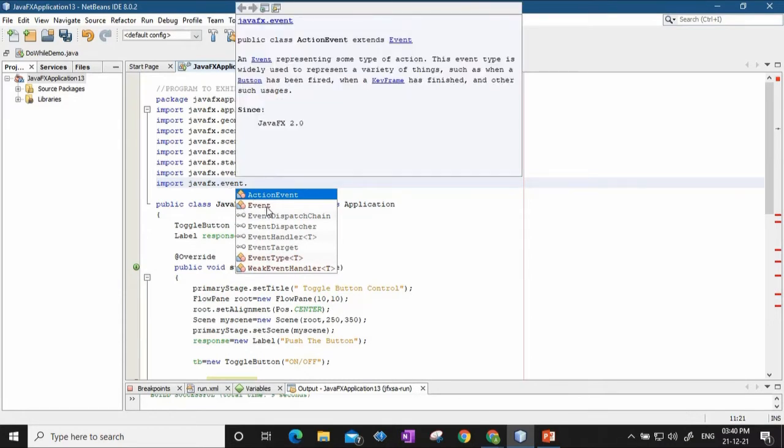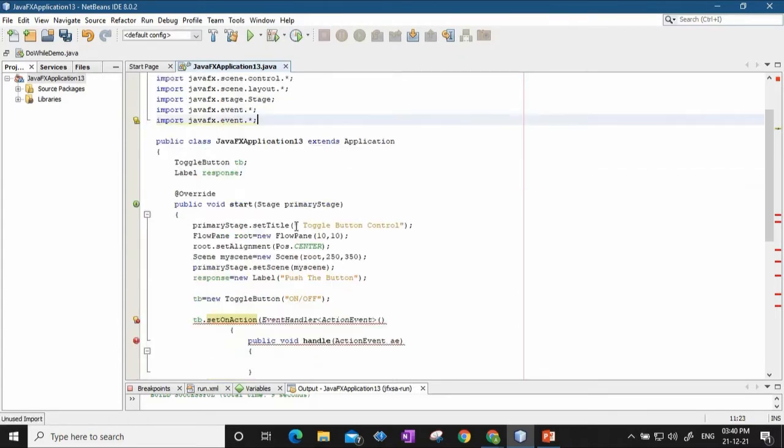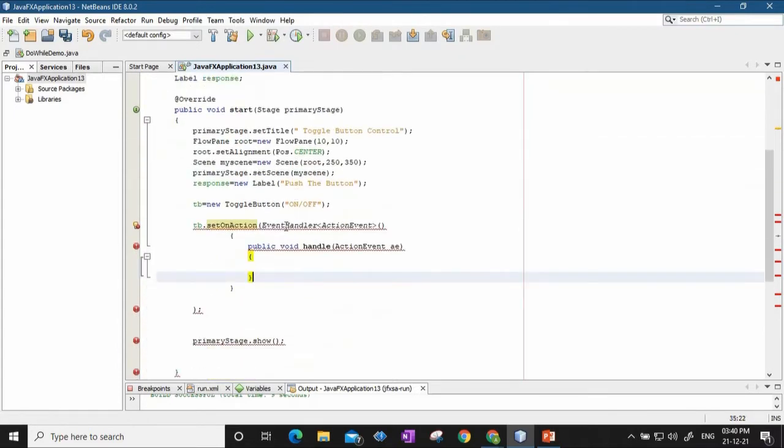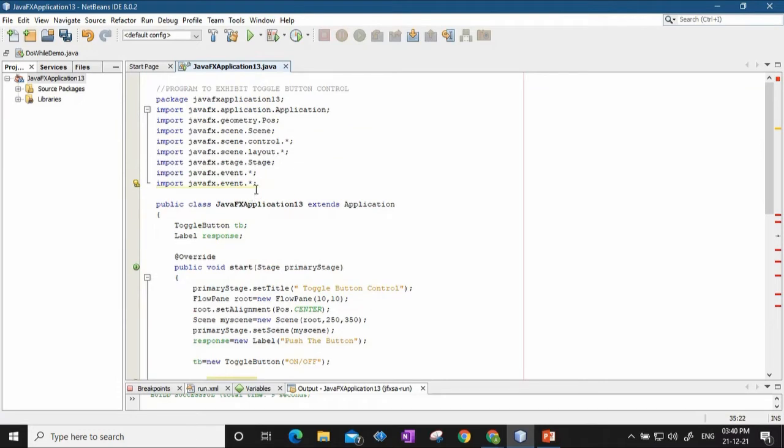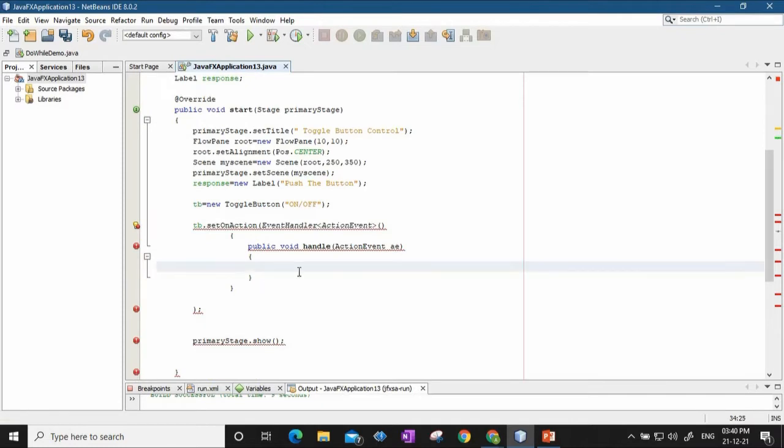So you see ActionEvent is also a class and EventHandler is also a class. So instead of saying dot ActionEvent or dot EventHandler, I will just say dot star, so all these classes whichever are required can be imported. So import javafx.event.star. Now let us write the code inside.